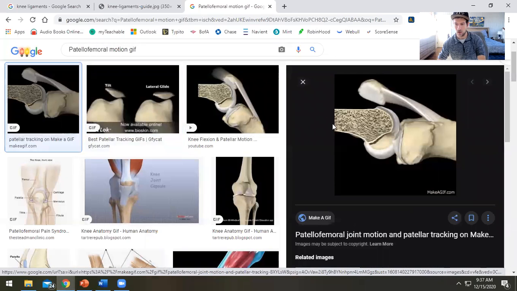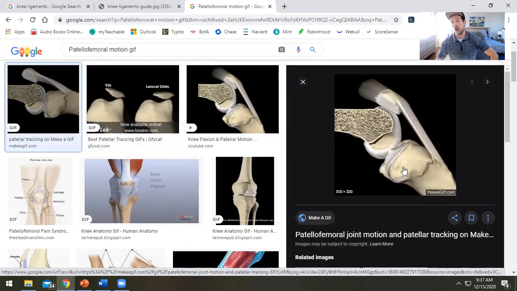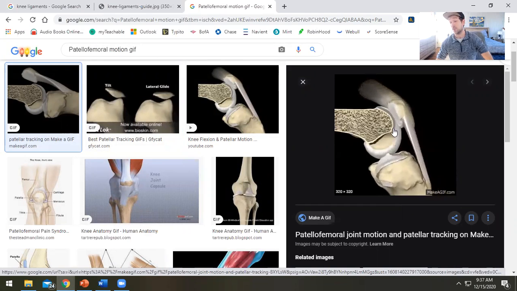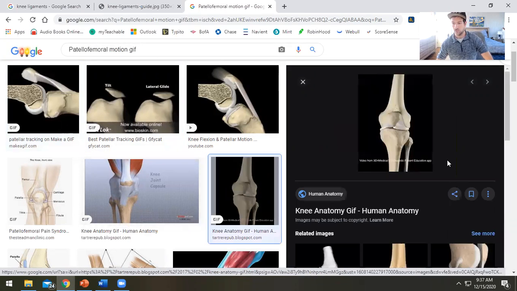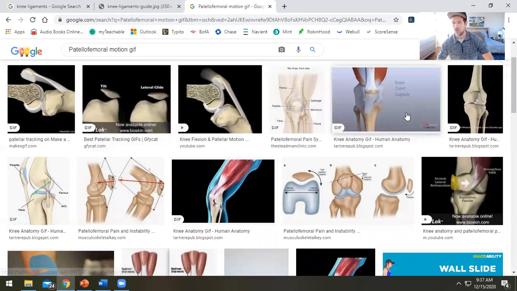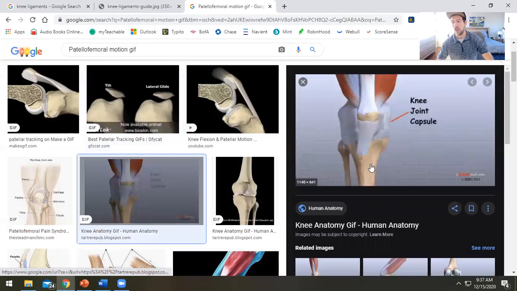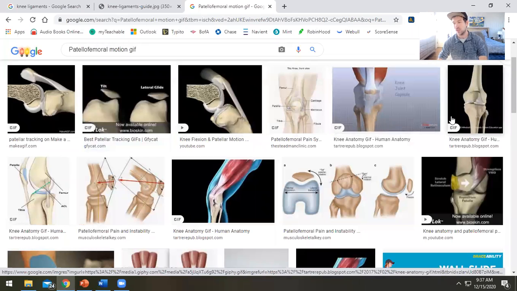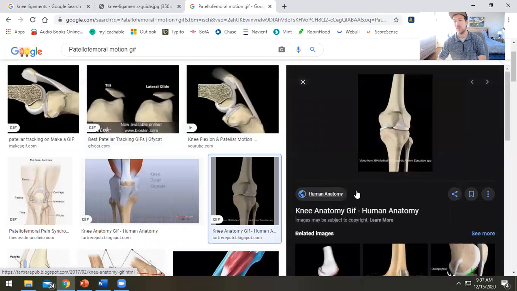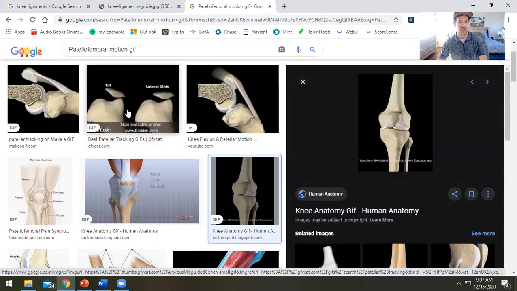Oh, wait, that's going to be improper motion. So here we go. This is what's supposed to happen to your kneecap. It's supposed to slide and glide in this little groove here, right? There's another one. Is that a GIF? No. So it's supposed to allow this whole movement to occur. But unfortunately, if you have overactive muscles that are pulling the wrong way, actually that first one that